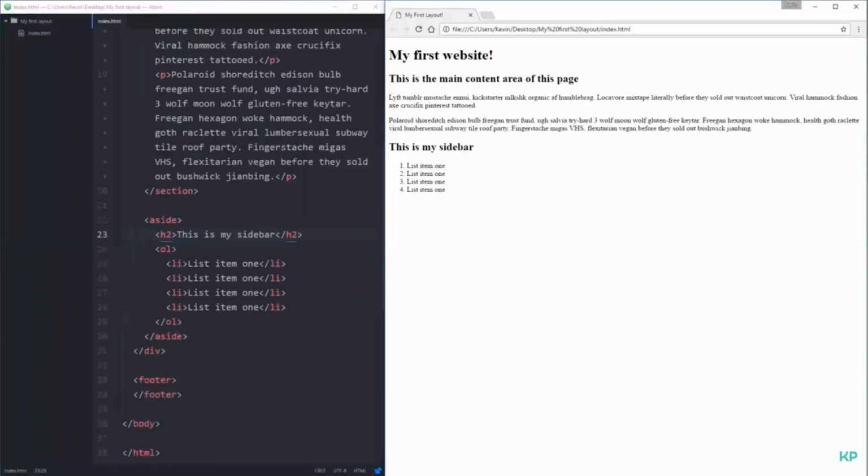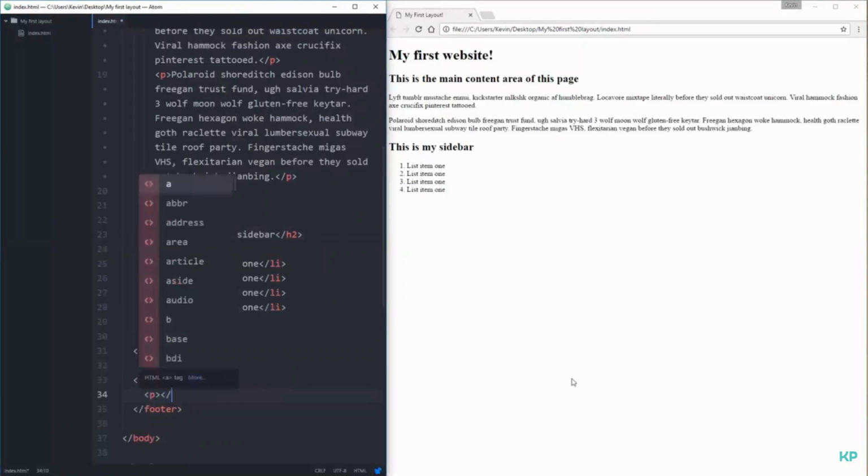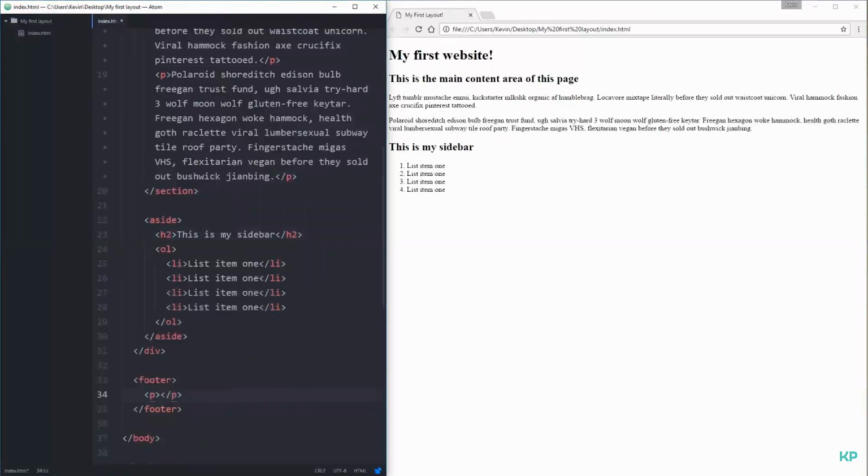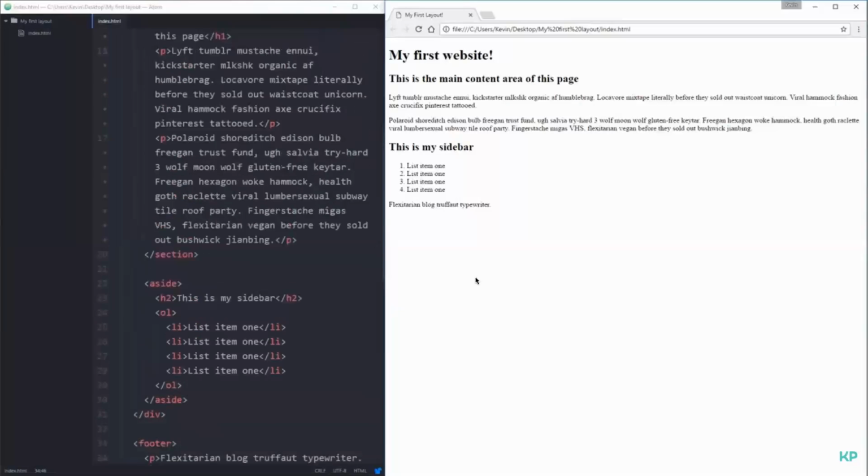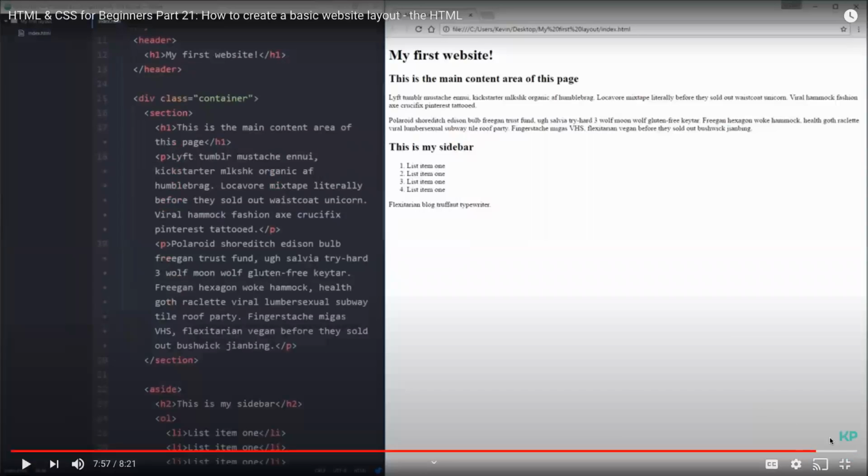Awesome. And at the very end down here, inside my footer, I'll come down and just put a nice simple paragraph. Close paragraph, and we'll grab a little bit of filler text just to throw in there. And there we go. There's my footer. And as far as the actual HTML, placing the content on the page, that